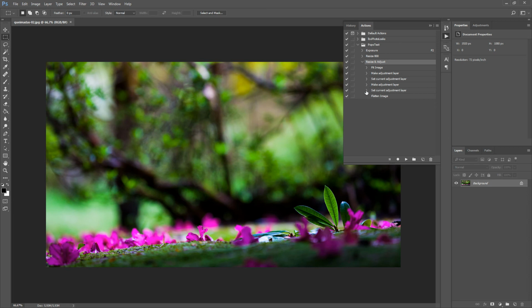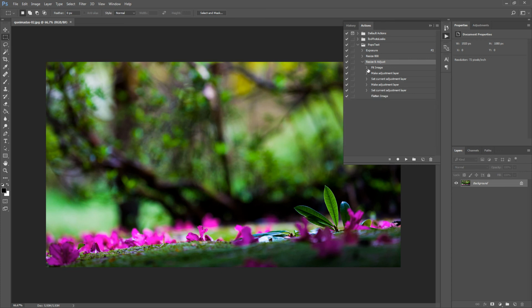For example, here, vibrance and saturation have fixed values. So if I apply this to multiple images, it will always use these values. Same applies to the curves, for example. Yeah, it saved all the changes that I did and will use these fixed values to any image that I